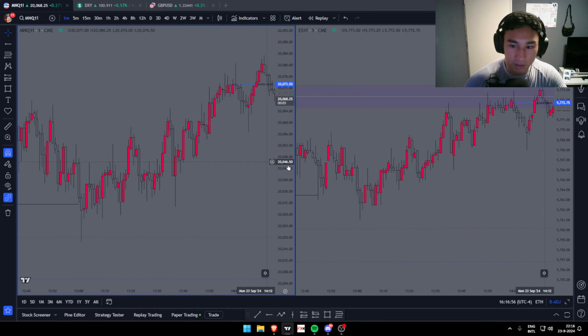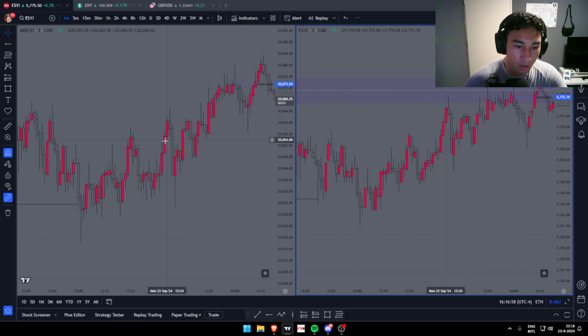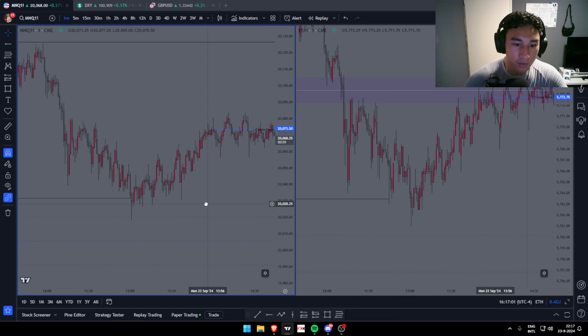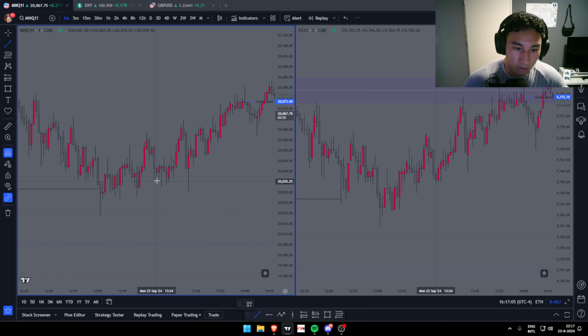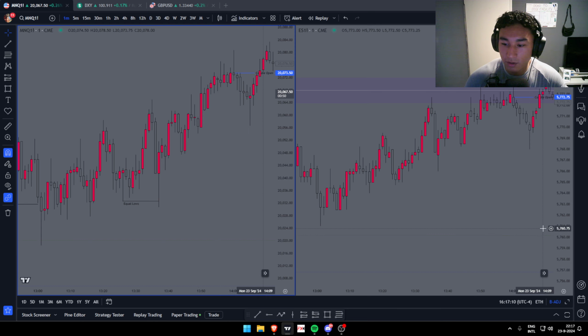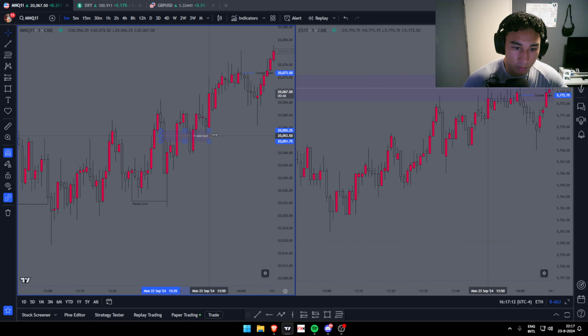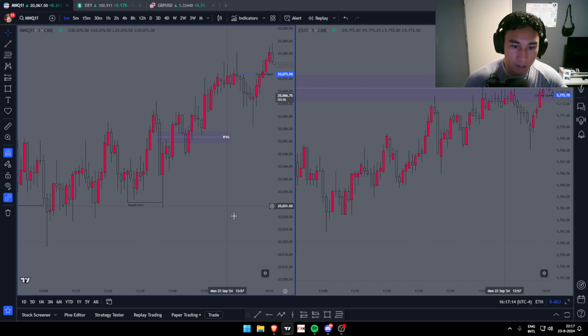I got stopped out on this, but I know that once I get stopped out, the trade can still be valid. If the draw on liquidity is still there, then it can still be valid. So I look at this as equal low swept, me included here. And from here we closed above here, this inversion. So I entered in on this candle closure above,